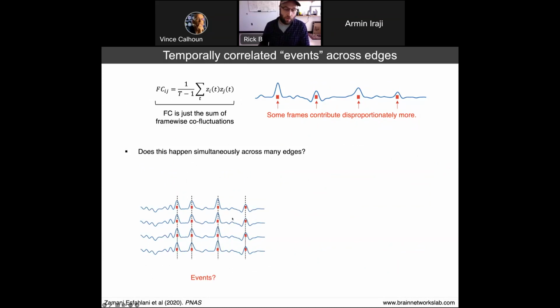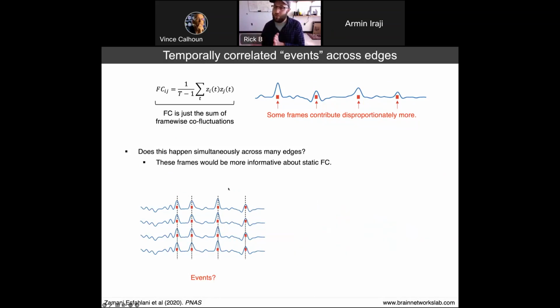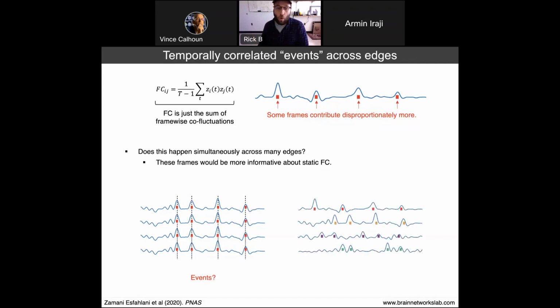Right? Do we see something that looks like this, where we have different edge or cofluctuation time series, those bursty frames are more or less aligned with one another? In which case, because the cofluctuation time series are an average, their average is functional connectivity, it would mean that those frames might be more informative because they have larger values, they contribute more to that average. Or are these high amplitude instances more or less independent and spread out and smeared out across time, not occurring coincidentally?